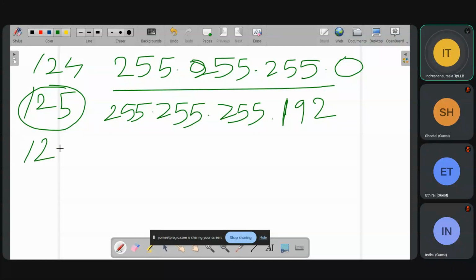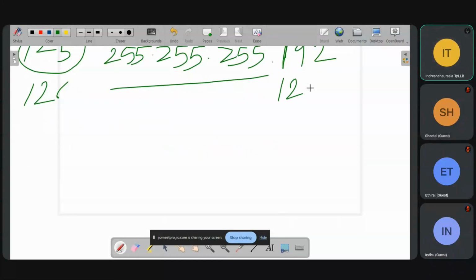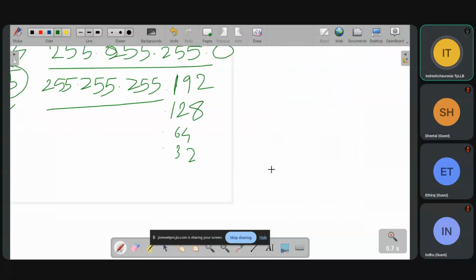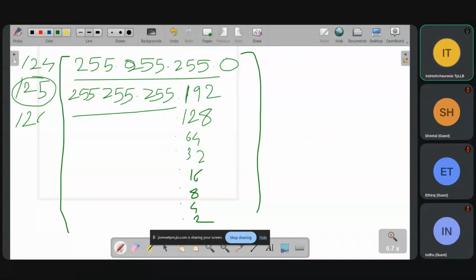When I say slash 26, everything is the same, here it will come as 128. Now slash 64, then 32. You don't have any other way, you have to remember these numbers. 32, then divide by 2: 16, 8, 4, 2. So this way, this particular range of class C is going to be divided.